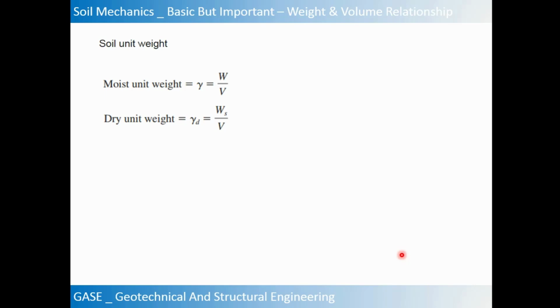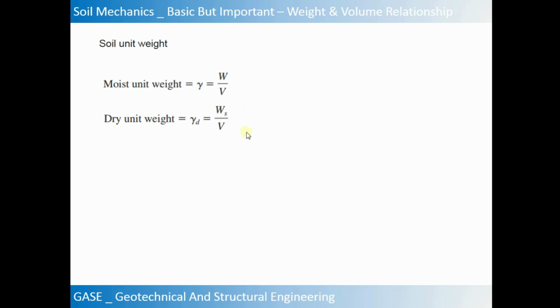So, one more important definition is the soil unit weight. The soil unit weight is the ratio of the weight of the soil to the total volume of the soil specimen. Mostly, we call it moist unit weight, or you just simply call it soil unit weight. Moist unit weight means that in the soil specimen we also have some water in it,